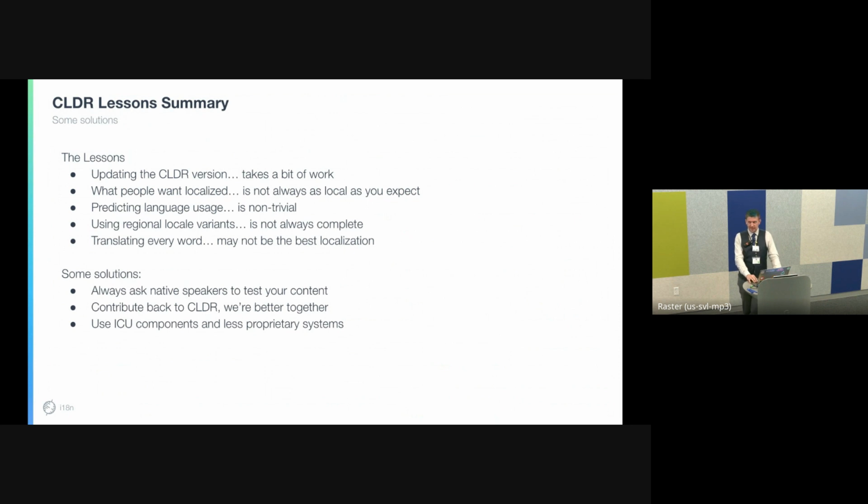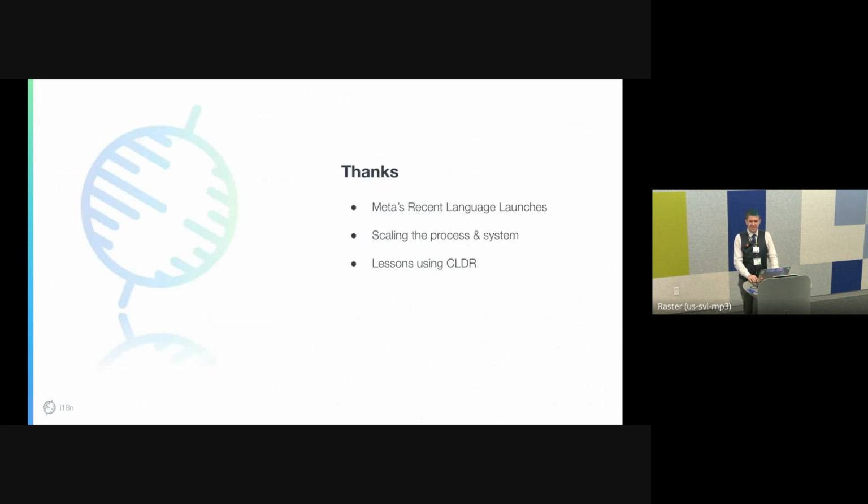Contribute back to CLDR. CLDR is waiting for your feedback. There are a lot of tickets that I can file that I haven't filed yet, and it's something we can do to make sure that CLDR is more effective. And also, I didn't even really touch on it, but use the ICU library. The less proprietary translation technology you have, and the more we can use ICU and ICU4X, the better it can fall into national standards, and you're not on the hook if things go well or they don't. Cool. Thank you.